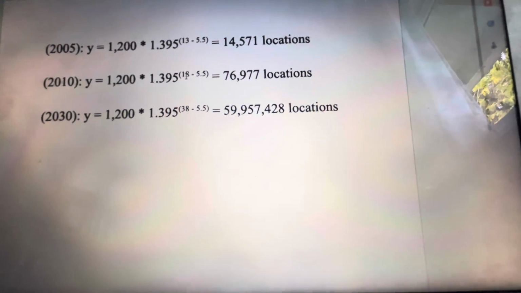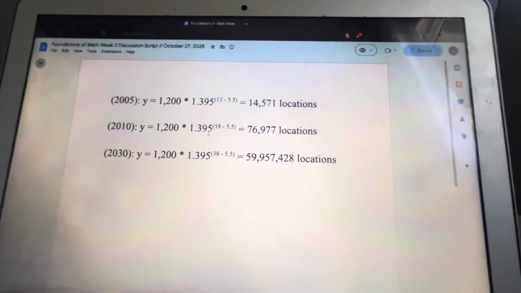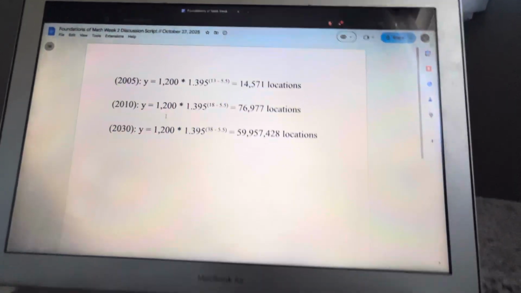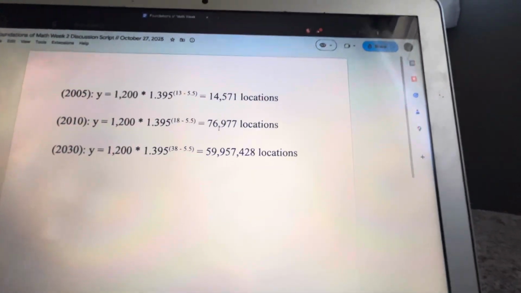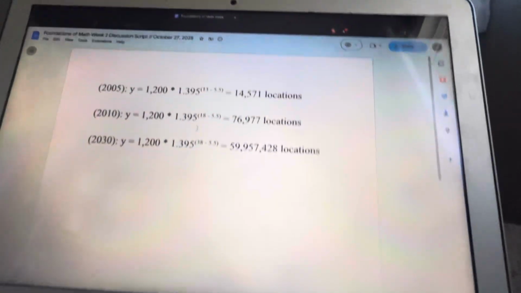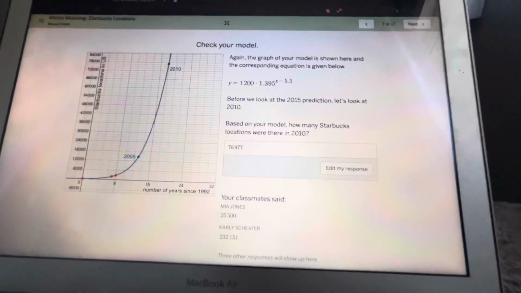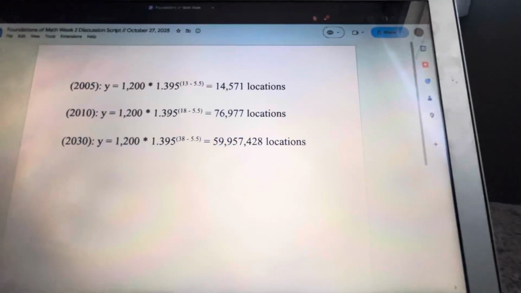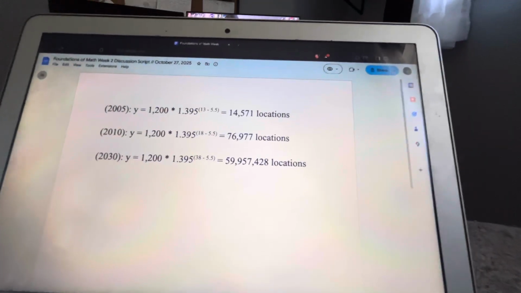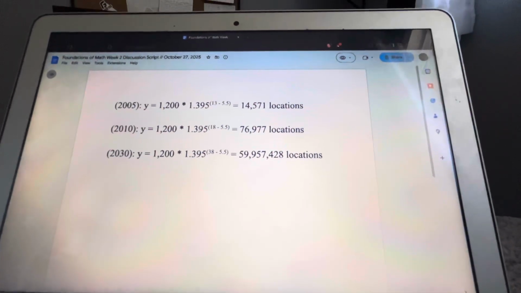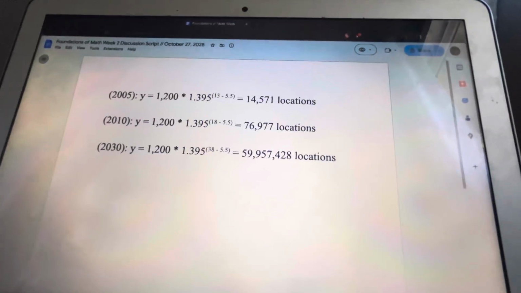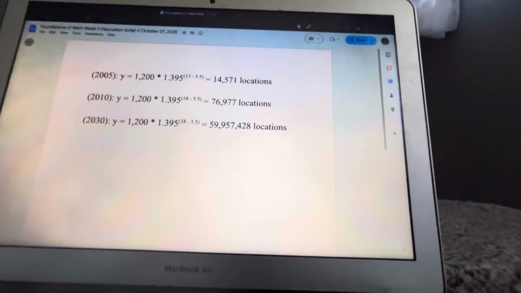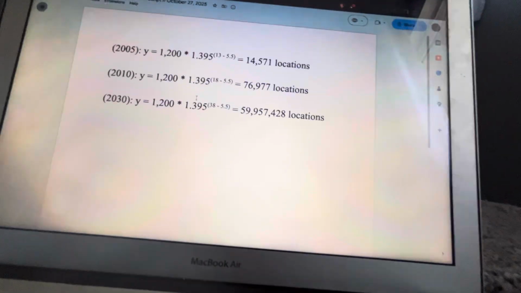Plugging 18 into x, because there's 18 years between 1992 and 2010, gives you 76,977 locations. And then predicting the year 2030, plugging 38 into x, because there are 38 years in between 1992 and 2030, gives you 59,957,428 locations, which seems very unreasonable,